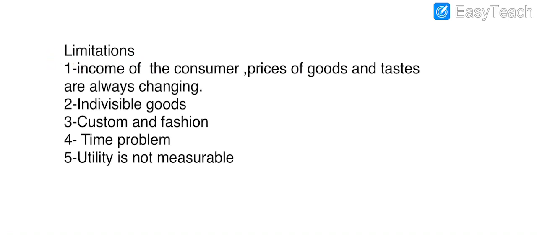First one, what is the first one? That is the income of the consumer. In reality, everyone knows their income. You know your pocket money, your parents know their income, I know my salary. But in the second case, we know the prices, we know our taste, but they are always changing. So it is very difficult for the consumer and for all of us to measure the marginal utilities of the goods, because practically marginal utilities of goods are not available in any market and on any chart. So it's very difficult, and it's the first limitation of this law.